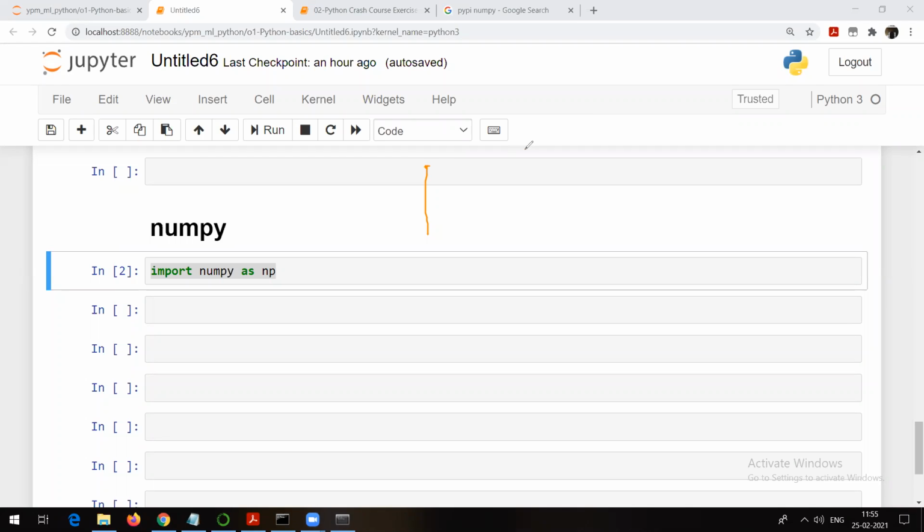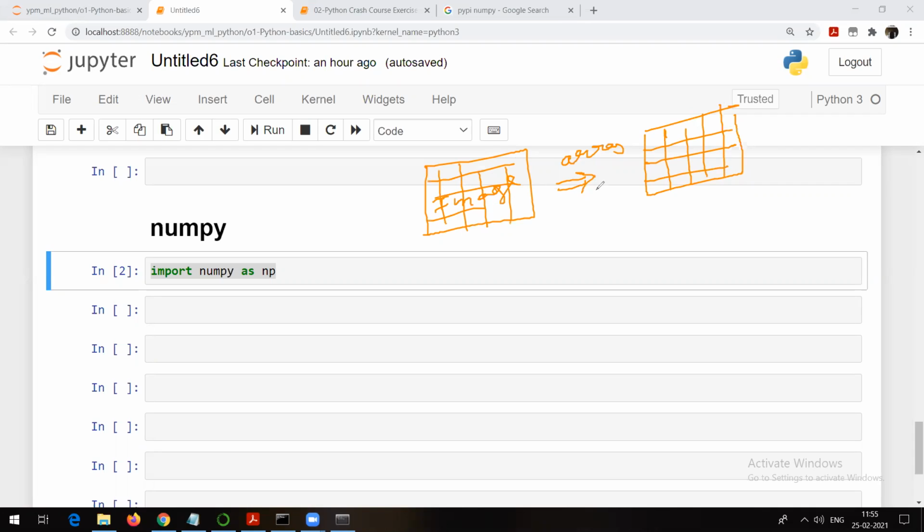For example, suppose this is an image. Now, I want to store and process this image. So what I can do is convert that particular image into an array. I told you I can make use of two-dimensional arrays, n-dimensional arrays. So an image is nothing but a collection of pixels. Each pixel is going to correspond to each cell in the array. So this is one example where you can make use of arrays. Whether it's video data or image data, you can make use of NumPy there, because NumPy converts everything into arrays.